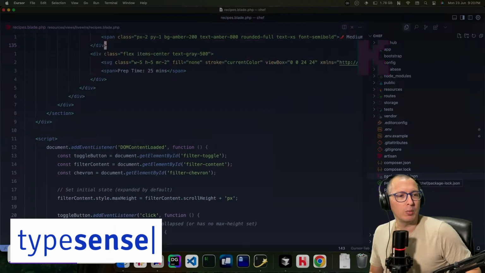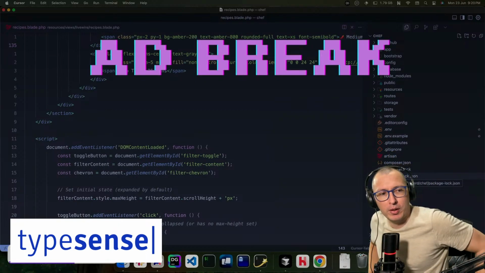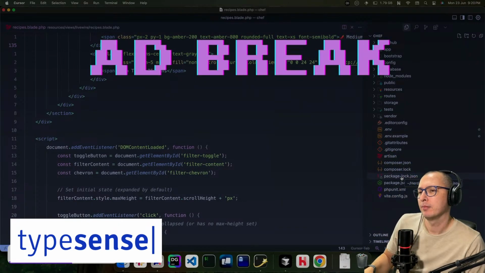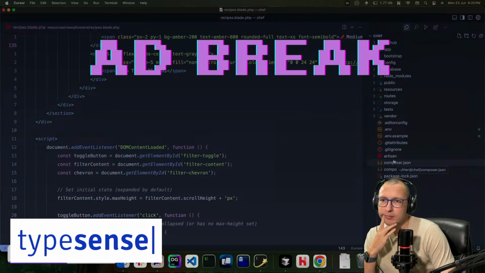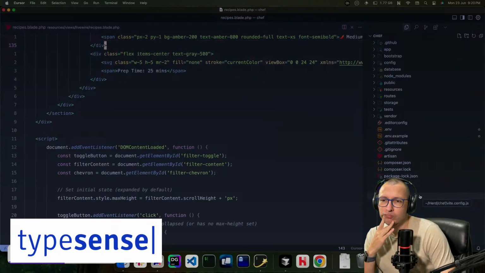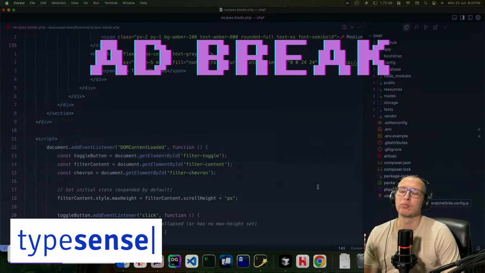There is no Tailwind CSS configuration found. How come?